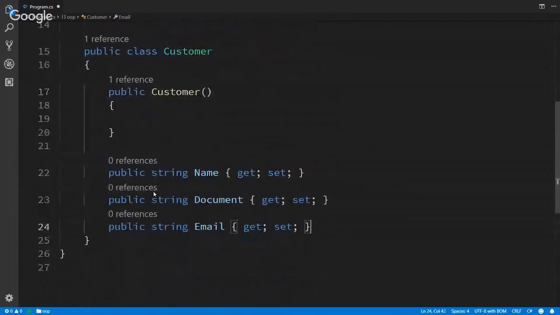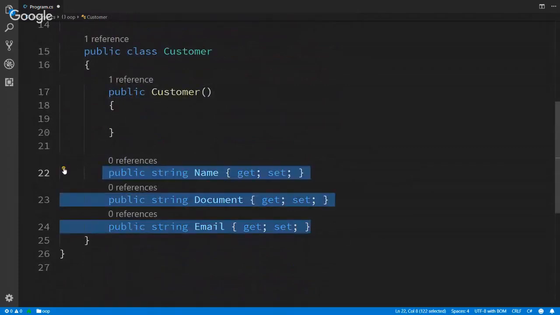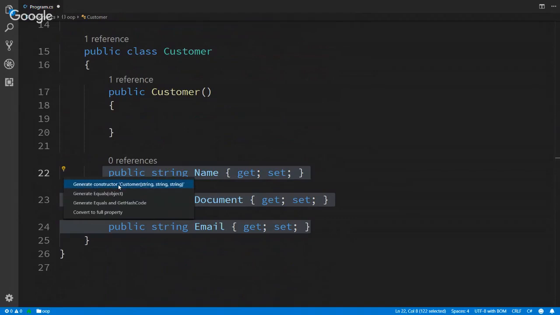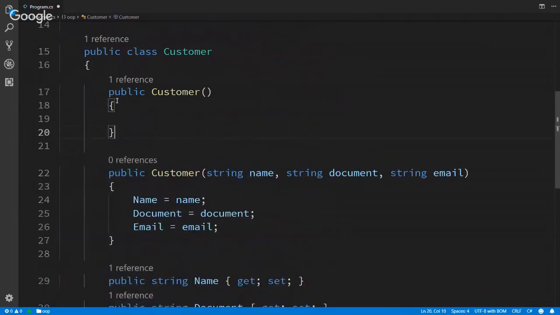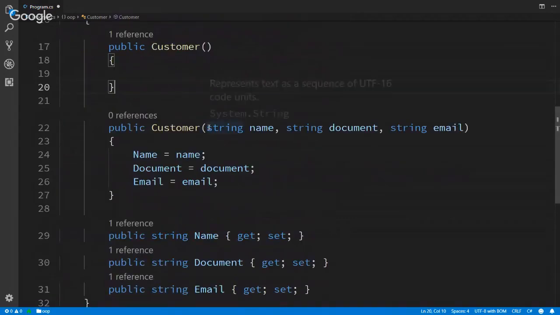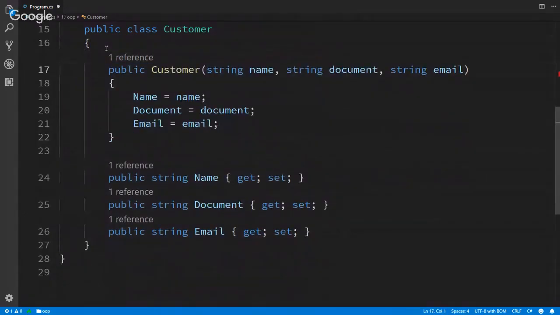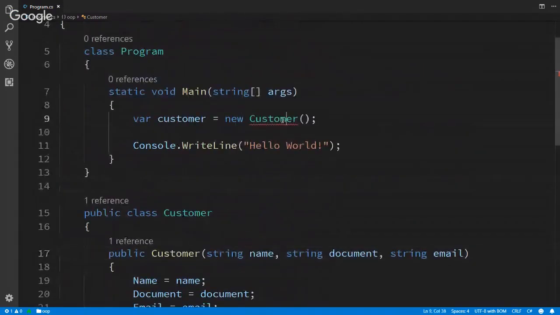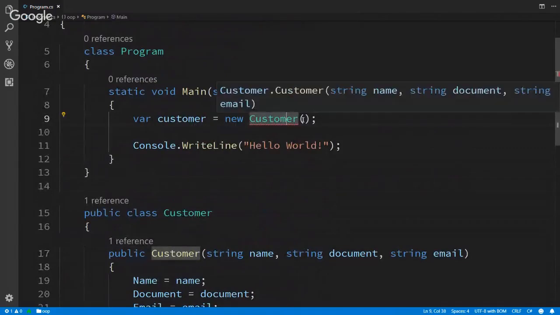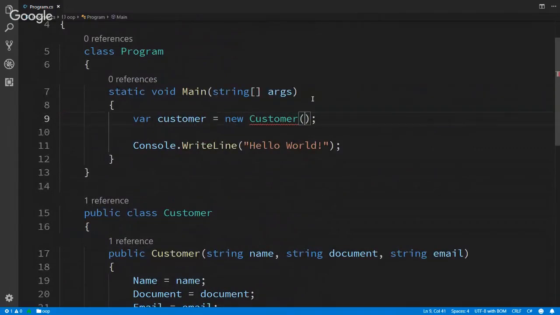So let's grab this code here and click on this bulb and generate constructor here, right? That is fine. So now we have a constructor which requires the name, the document, and the email from the customer. And if we simply delete this public constructor here, right? Let's check our code. Wow, it's wrong now. So every time that someone will instantiate your customer, he will know